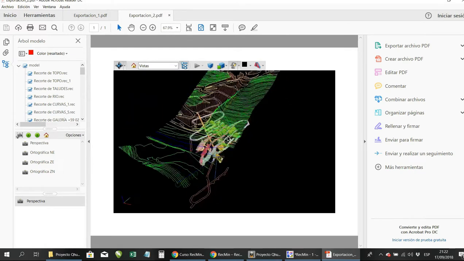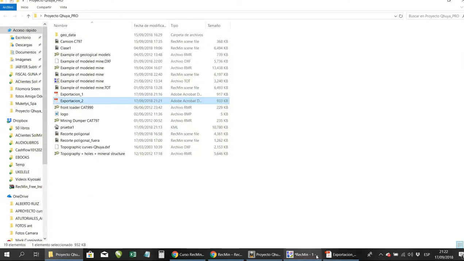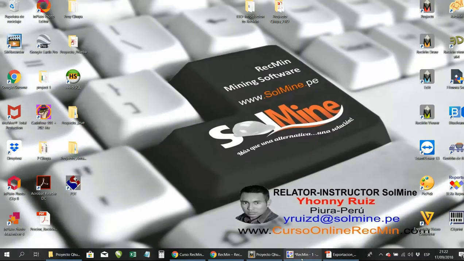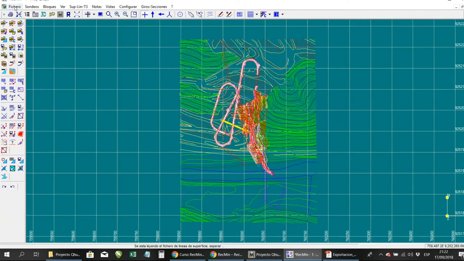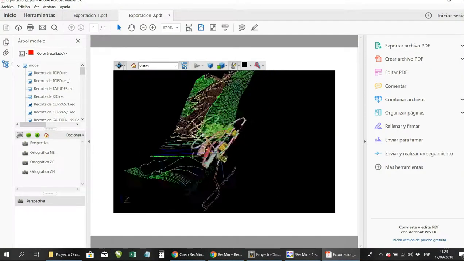Here you can change the background of the screen as you like, and this is a PDF that any computer has, right? That is the advantage that Workman Pro has over Workman Free. In Workman Free, remember that what we do is this: I can export it to a maximum file, DXF, or take it to the 3D viewer, which is also free software. You can download it, and it only weighs 2 megabytes. But how can I tell you, from PDF it comes out a lot better, right? Look what can be done.